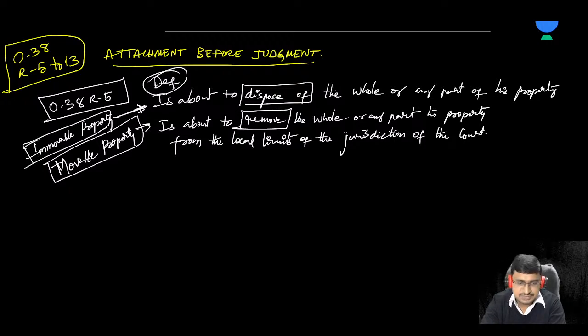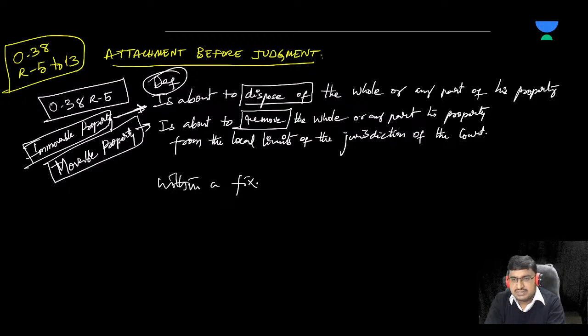The court may direct the defendant under these circumstances whenever the plaintiff files an affidavit stating that the defendant is about to dispose of the whole immobile property, or the defendant is about to remove the whole or any part of the mobile property from the local limits of the jurisdiction of the honorable court, then the court may direct the defendant within the time to be fixed by it, within a fixed period of time,